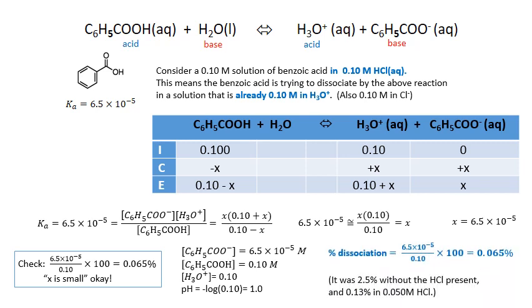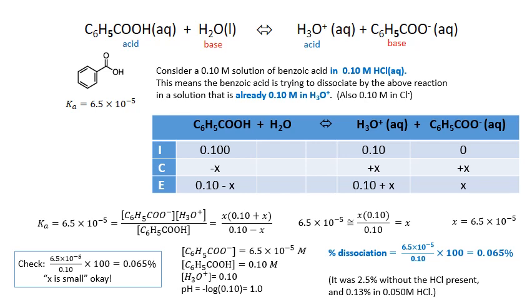And then the pH is simply 1. Percent dissociation, now even smaller. Before it was 0.13%. Now it's 0.065%. Tiny. So the more acid we put on, the more H3O plus that we put on the product side from some other source, the less the benzoic acid is able to dissociate. It's a very pronounced effect. Okay. Well, another interesting problem that's very much related is, suppose instead of trying to dissolve benzoic acid in a